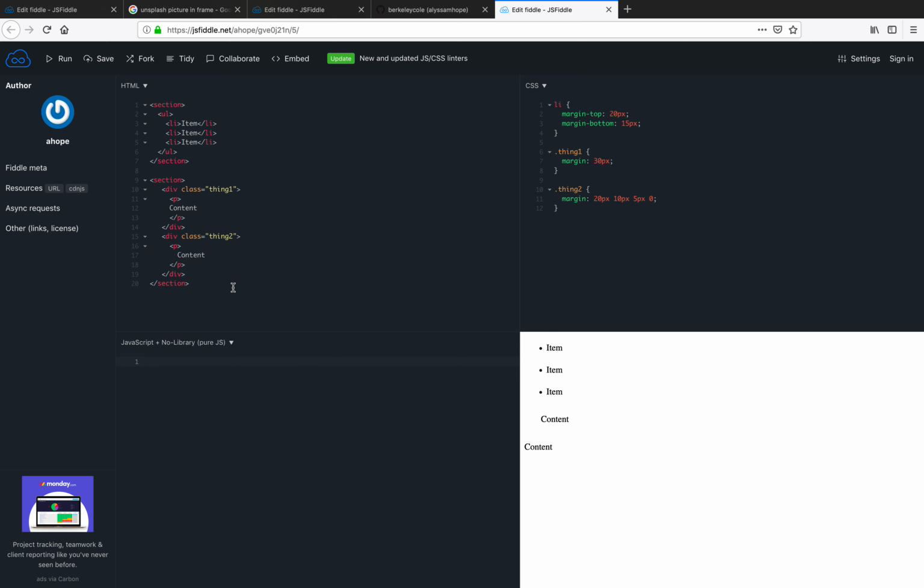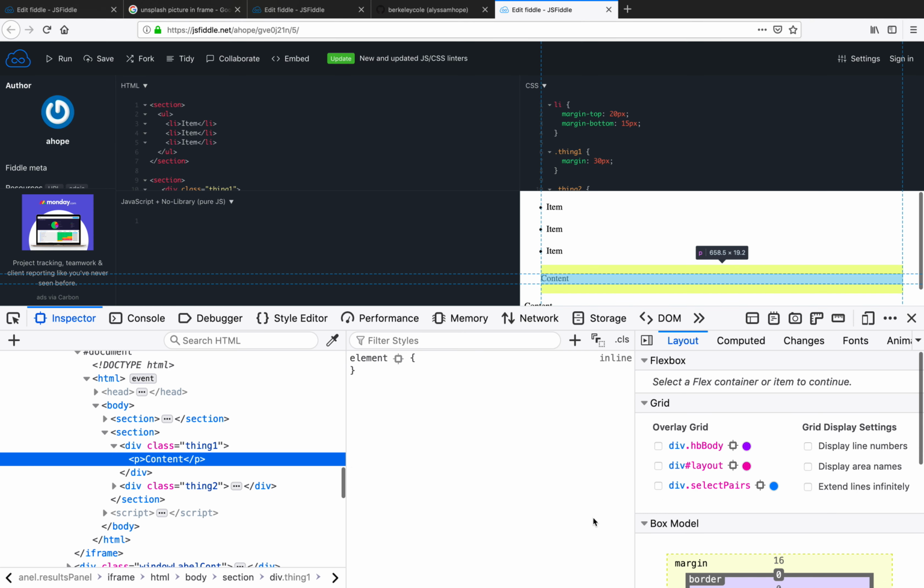So here, this is a pretty typical, really simple CSS and HTML layout. I've got a UL with some LIs over here, and a section with some divs, and then I've just got a tiny bit of styling, just enough to show what's going on here. So if we inspect this element,